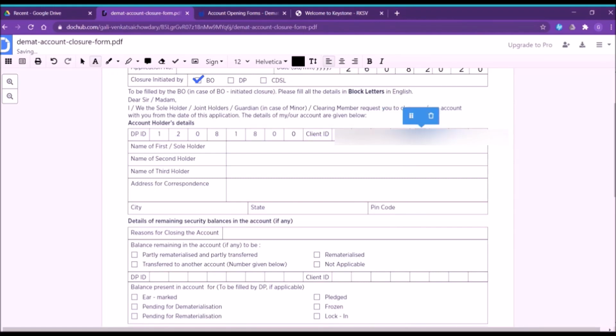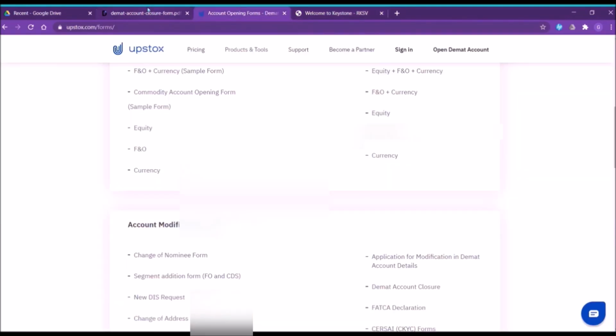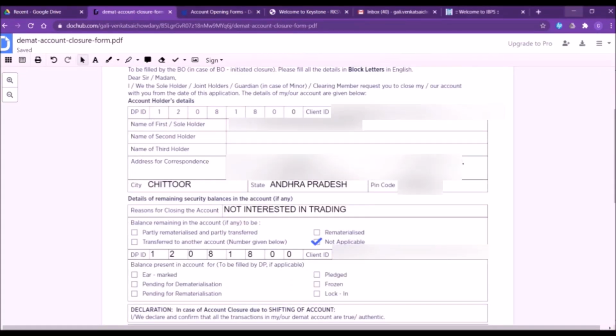So give your first or sole holder name, that's your name. And if you are a group, mention the first holder name, the second holder name and the third holder name, and the address which you have given in that account should be mentioned there. Here you can find your correspondent address which you have given in that Upstocks account.